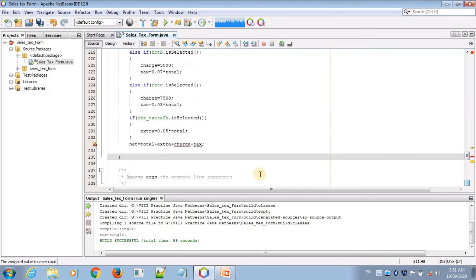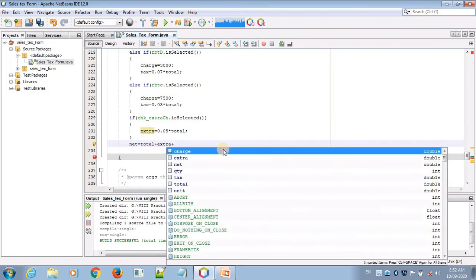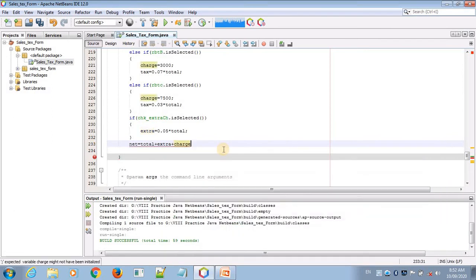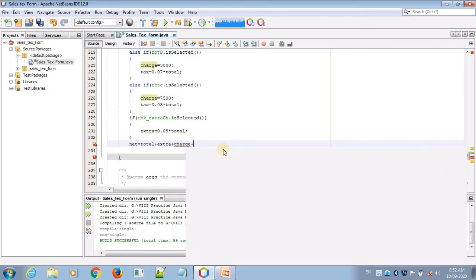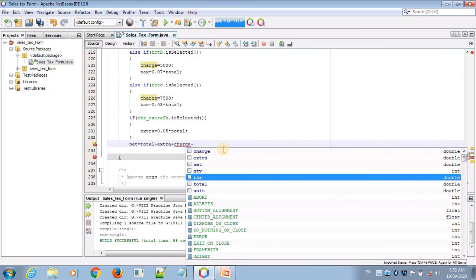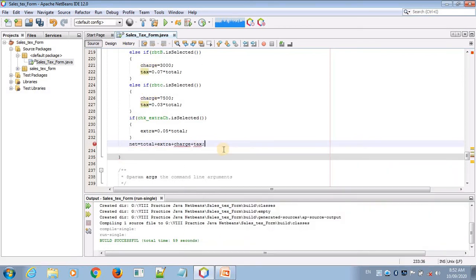Now we have to input charge, extra, charge class. This is our tax. So I have included everything, but charge is not given here. Charge 3000.